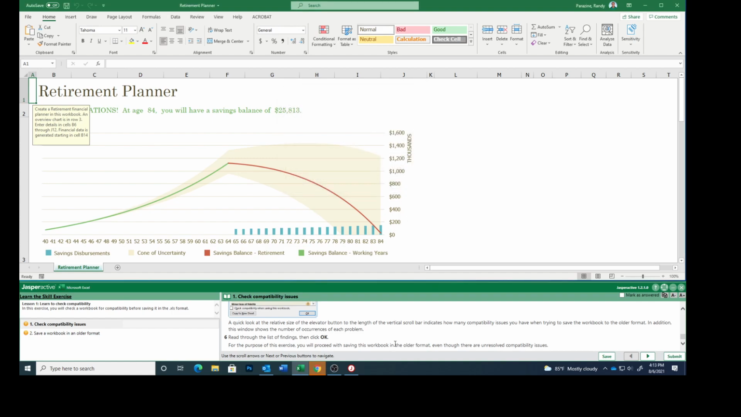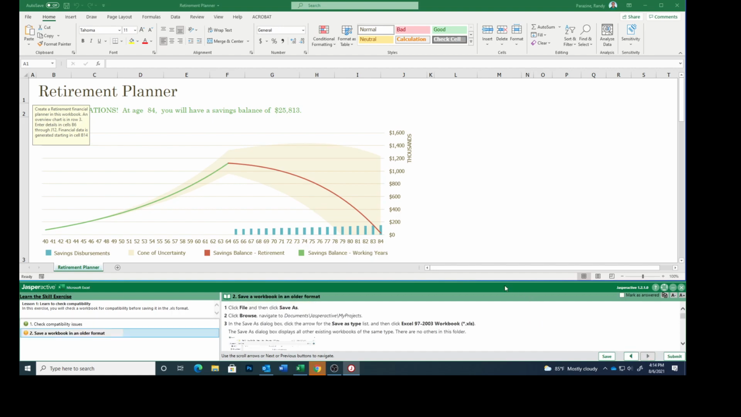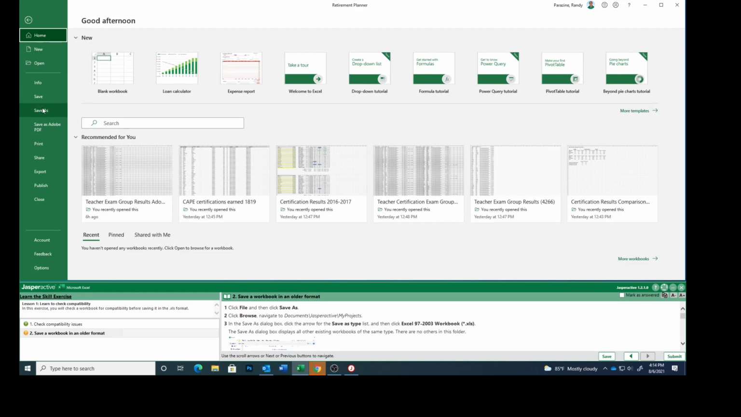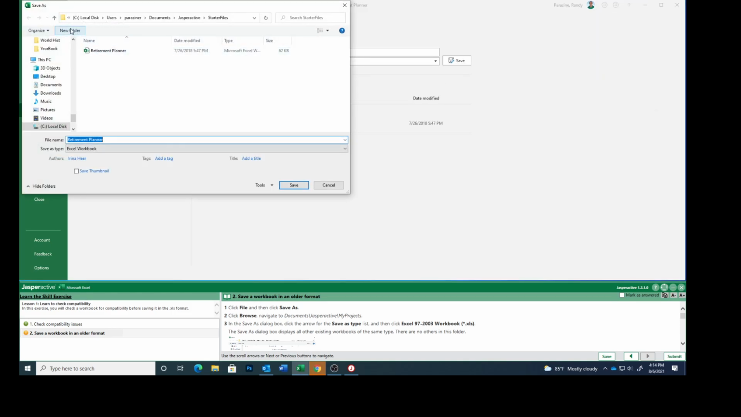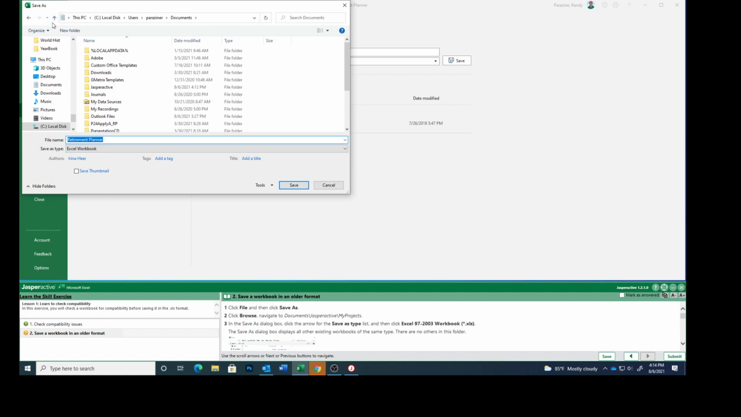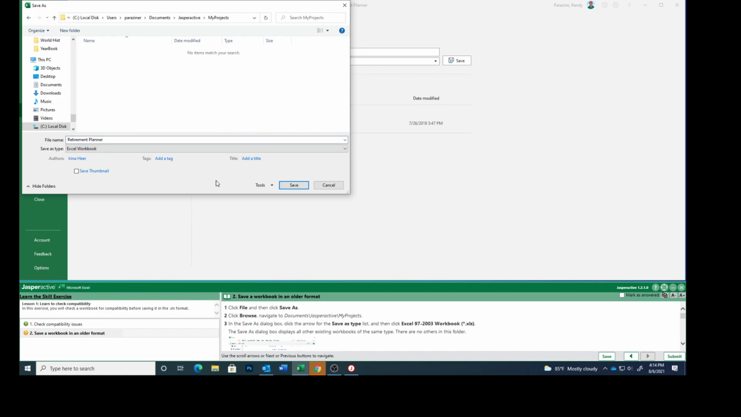For the purpose of this exercise, you will proceed with saving this workbook in the older format, even though there are unresolved compatibility issues. Having trouble reading today. So go to the next, click File, Save As, click Browse, go to your My Projects folder,